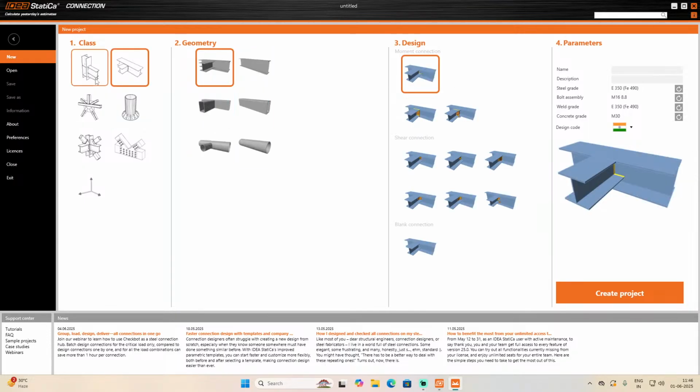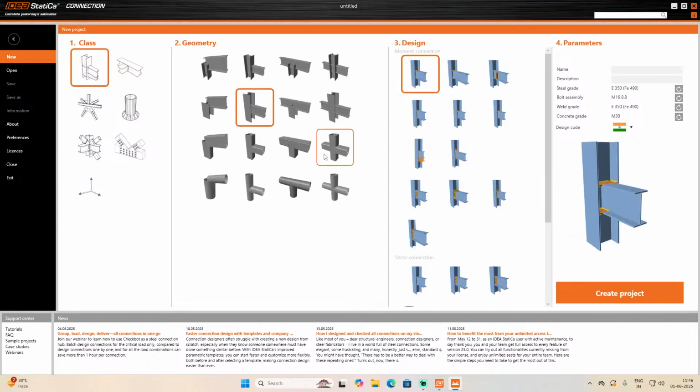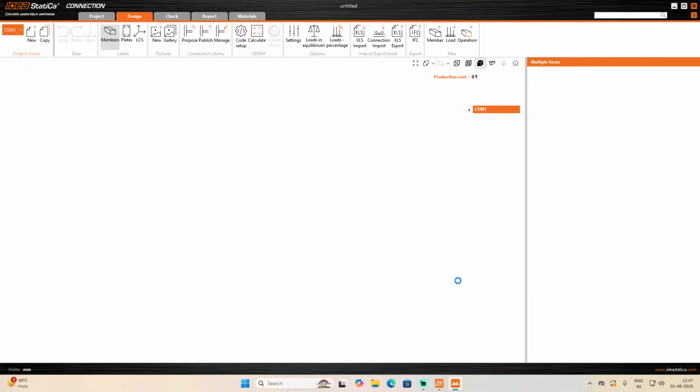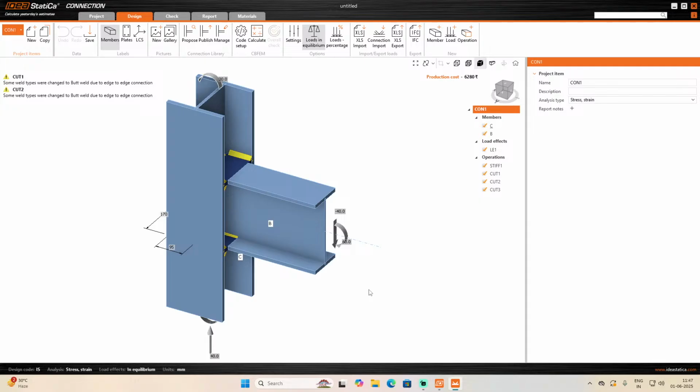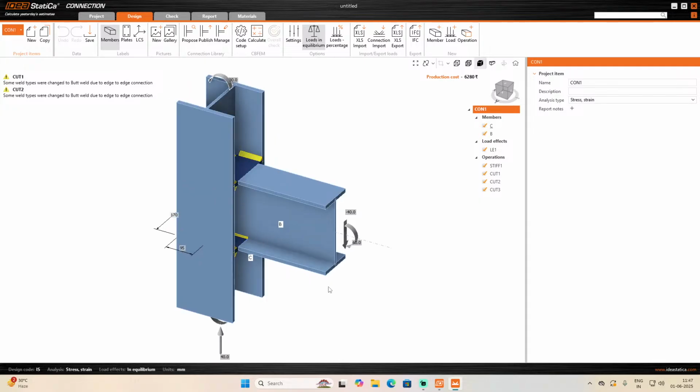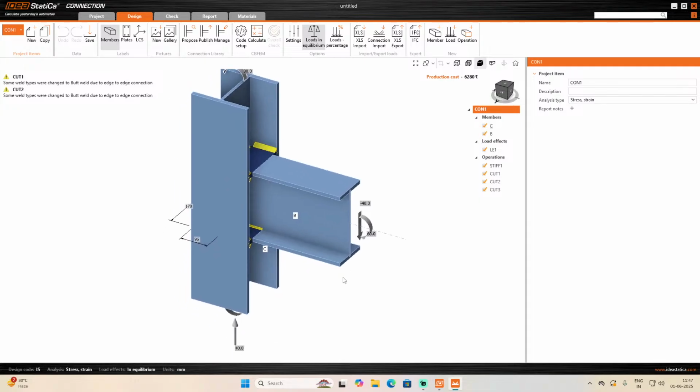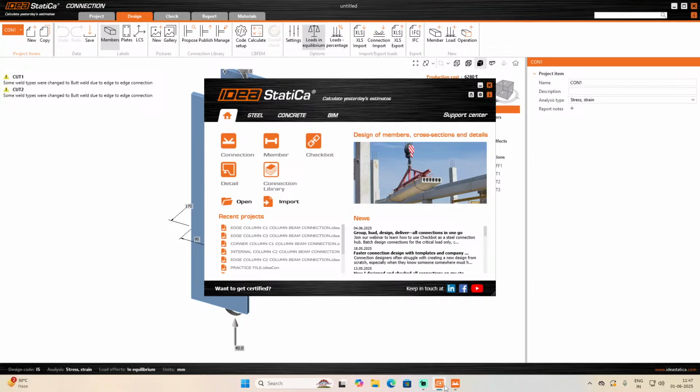Suppose this is your beam. This is your beam geometry. In this geometry you want to analyze and design, and here your one beam is also available. So for that, what we do,